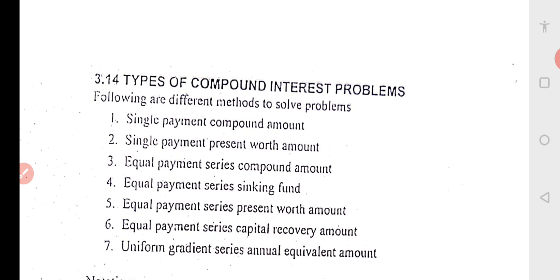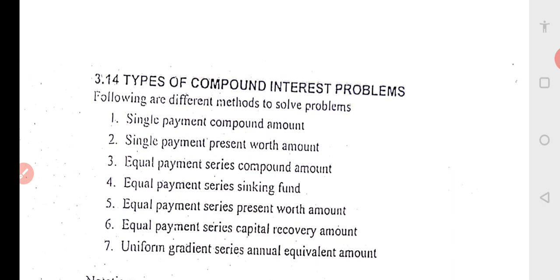The simple example I will give. A person is planning for retirement. He has 8 more years of service. He would like to deposit 15,000 rupees at the end of the first year, and thereafter he wants to increase it. He is retiring after 8 years. The first year he wants to invest 15,000 rupees, and because his salary slightly increases every year, next year he is going to give an increment of 2,000 rupees. So the second year it will be 17,000, the third year it will be 19,000, and so on for the 8 years at an interest rate of 18%. Find the total amount at the end of the 8th year.